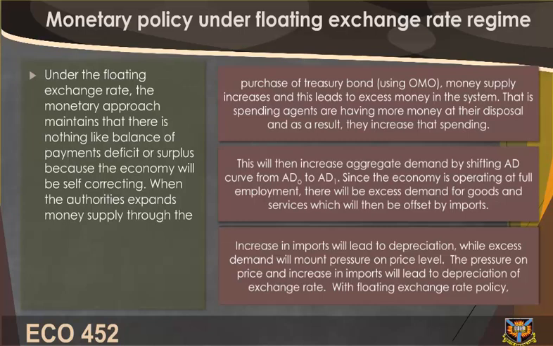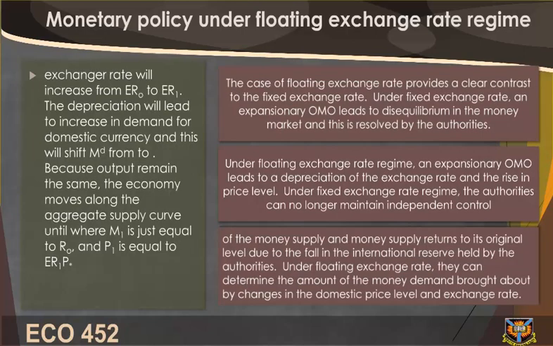With floating exchange rate policy, exchange rate will increase from ER0 to ER1. The depreciation will lead to increase in demand for domestic currency and this will shift M^D from M0^D to M1^D because output remains the same. The economy moves along this aggregate supply curve until where M1 is just equal to R0 and P1 is equal to